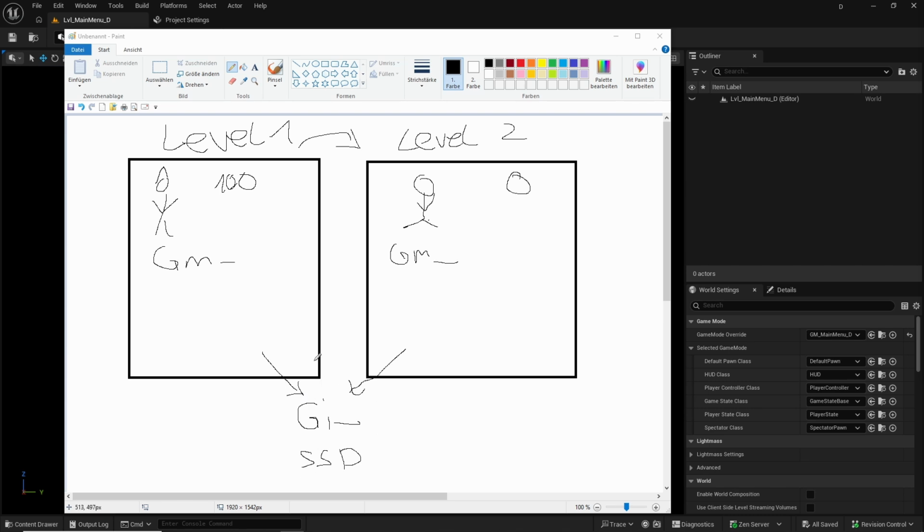And the nice thing is when we switch levels, the game instance will not be destroyed because it will stay active till you close the whole game. So it is not level dependent compared to the game mode. And the big difference about the game instance use and the SSD use is the game instance is very fast